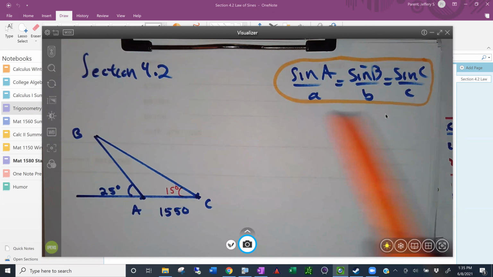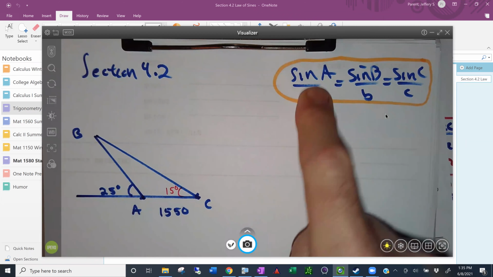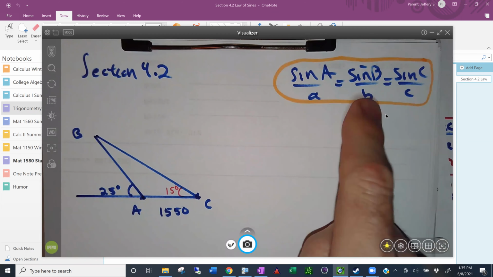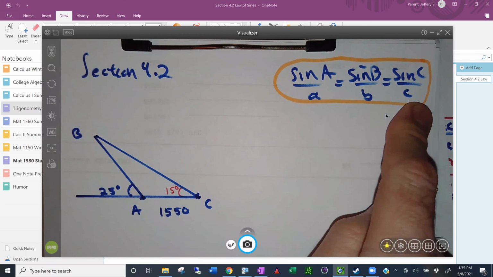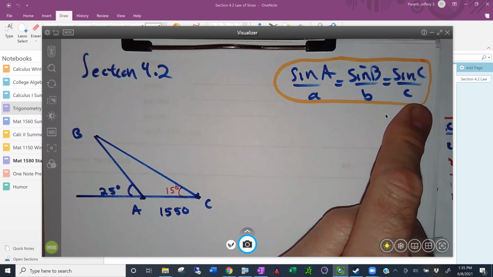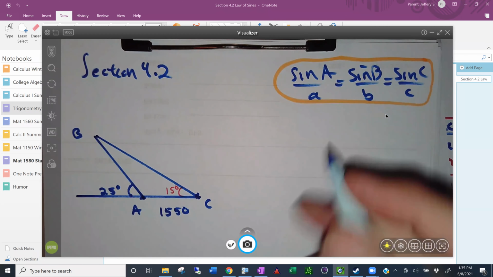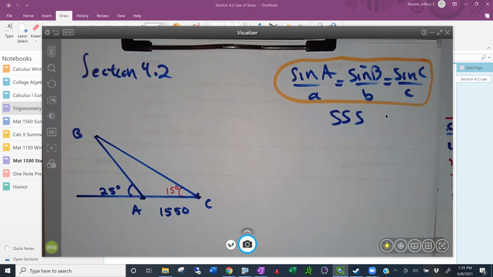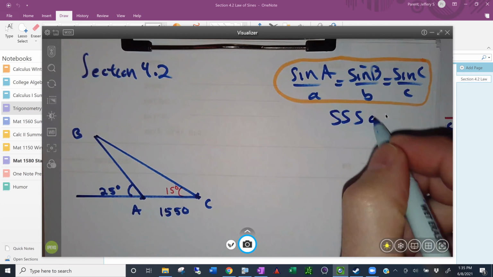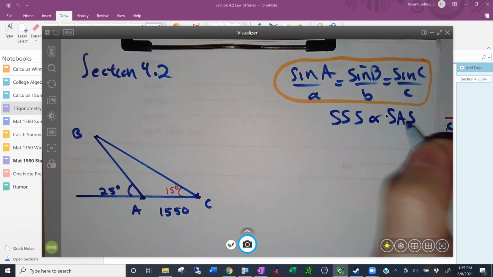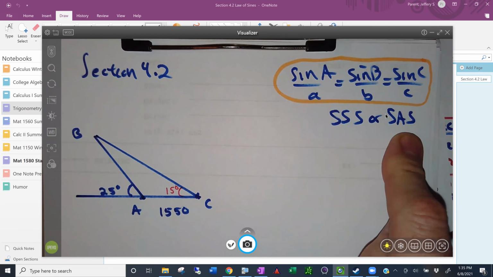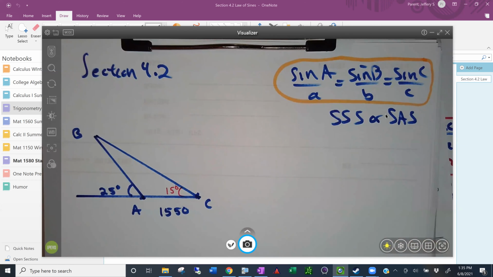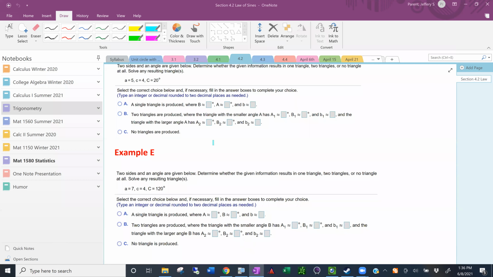Now, to use this to solve, what you're going to need to know is a known side and angle pair. So one of these ratios has to be known. If you don't know a complete ratio like that, chances are you probably have something like a side-side-side case, in which case you don't have any angles, or a side-angle-side case. Both of these would mean you need the law of cosines, but that's the next section. So for now, we're going to work on this section, and we'll start with